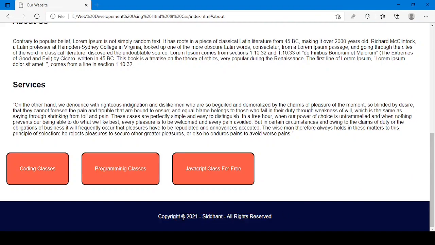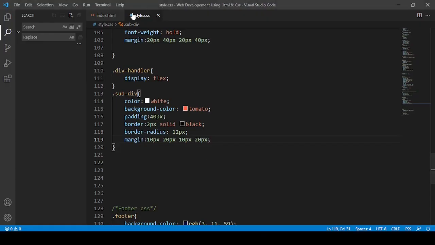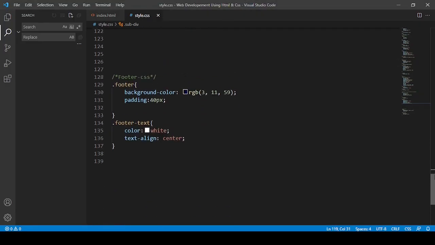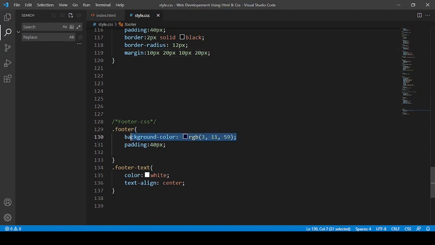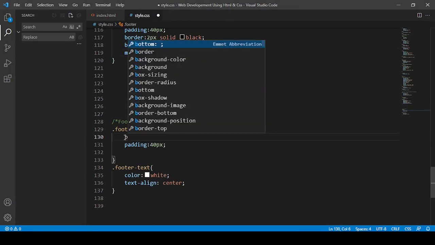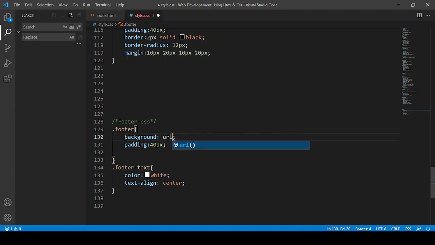but here you can see this blue color is not looking that nice. So what I can do is, in this footer this blue color is irritating me. So what I can do is background URL, I'm going to use that photo only.